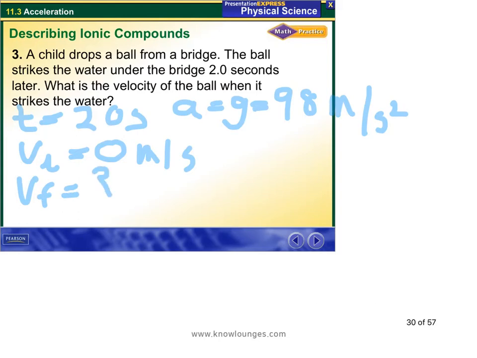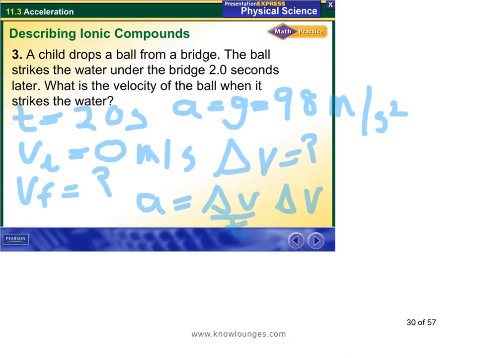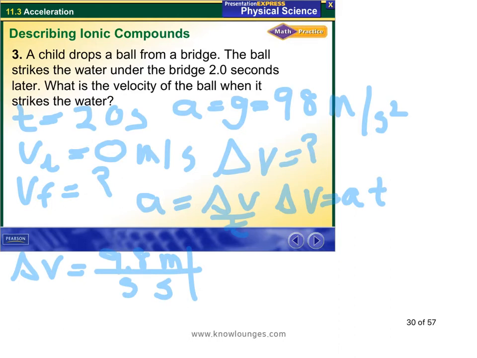Now, anytime we're trying to find the final velocity or the initial velocity given the other one, the way I'm going to have you do it, we first try to find delta V. So our formula, A equals delta V over T. It's like before, rearranging it, we get delta V equals A times T. And delta V, A, 9.8 meters per second squared times 2.0 seconds. Do a little multiplying there, and we get 19.6